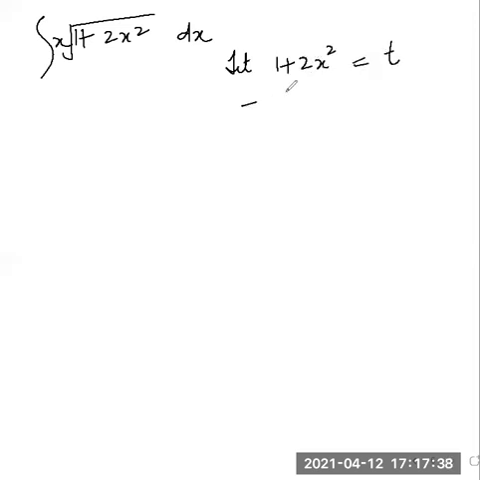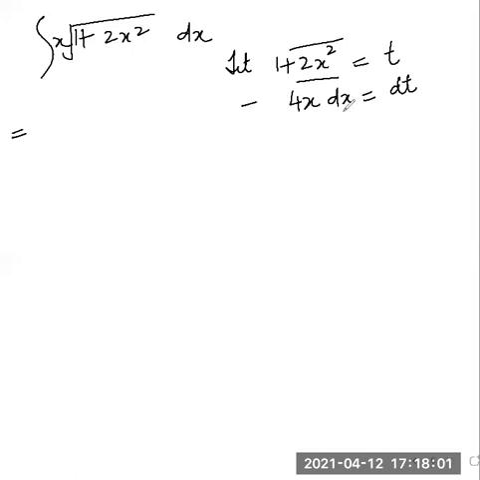Okay, so I will do the next one. Integral of x plus 1 by 2. This is simple. I'm sorry. 1 plus 2x square under root into x. How will we do this? Can you make a guess? Let 1 plus 2x square be equal to t. Tell me the next step. Differentiate 2x square: 4x dx is equal to dt.